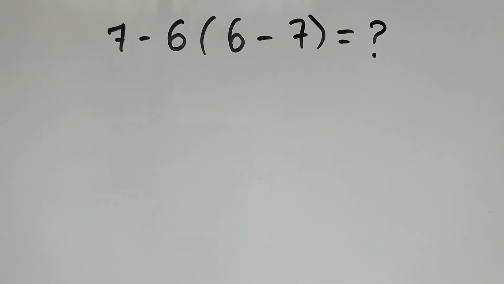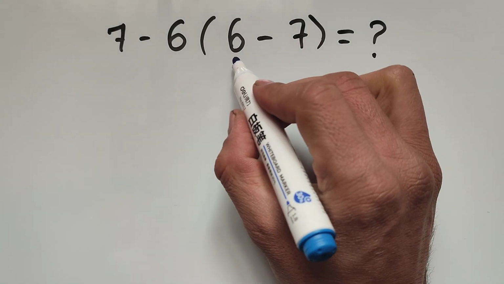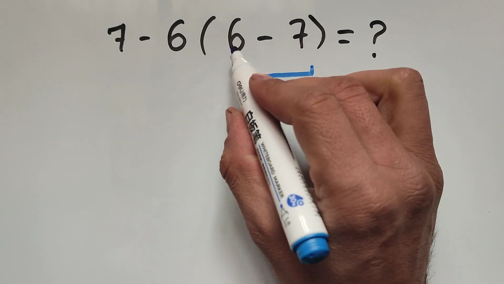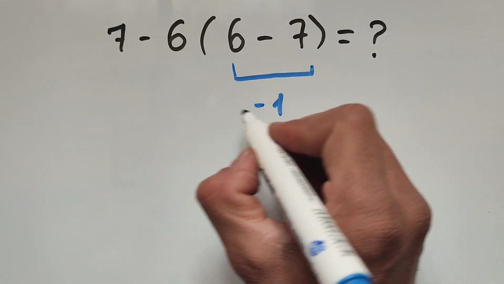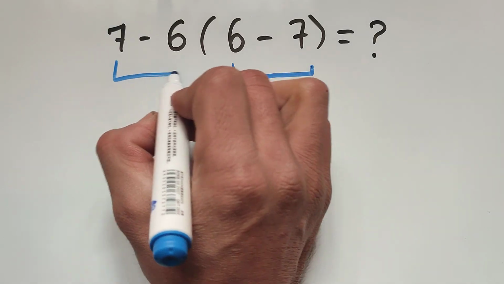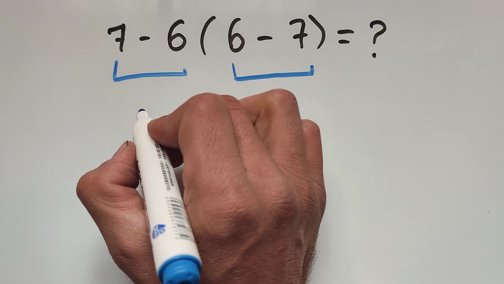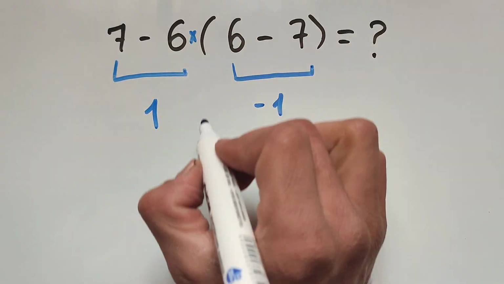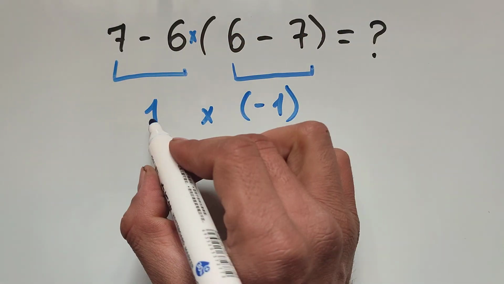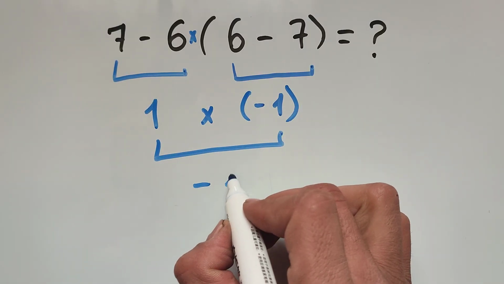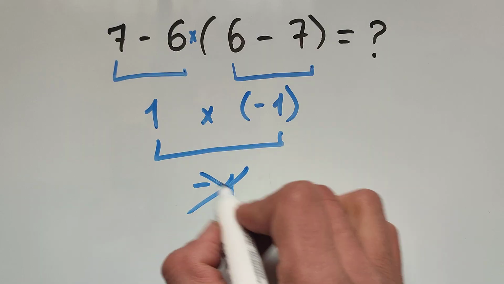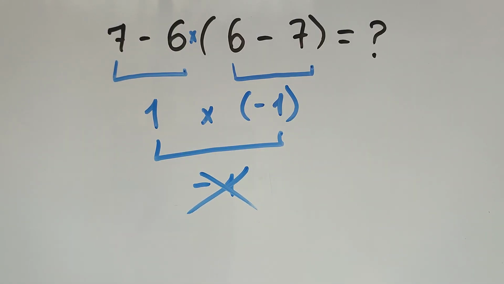Let's begin to solve this tricky math problem. Okay, first we have to work this. 6 minus 7 equals negative 1 and 7 minus 6 equals positive 1. And there is multiplication here, multiplied by 1 multiplied by negative 1, it equals negative 1. But this is not the correct answer. Because